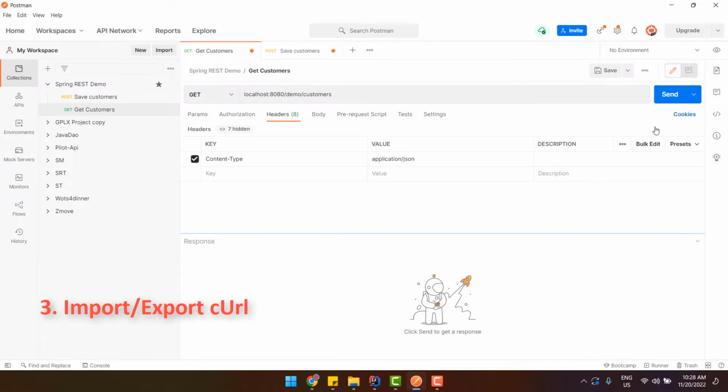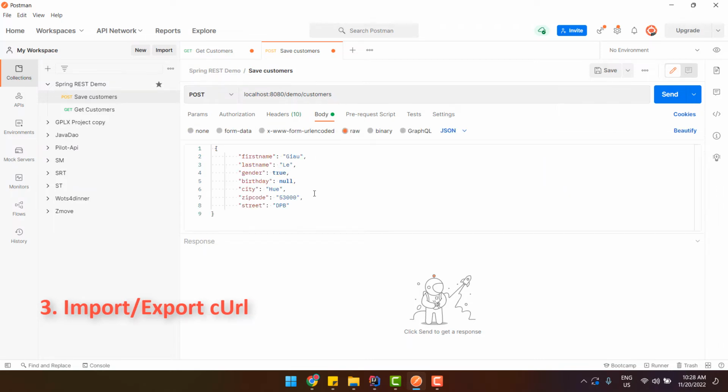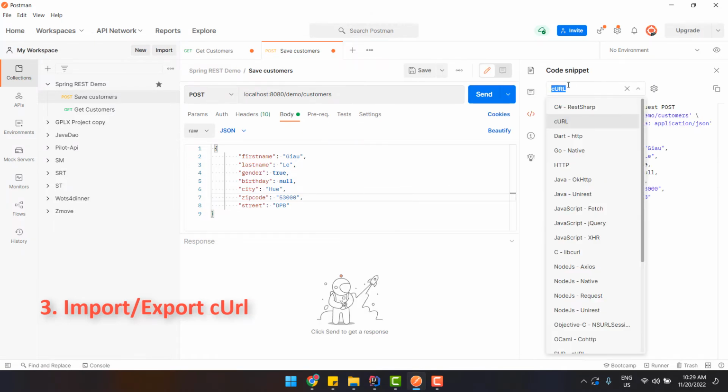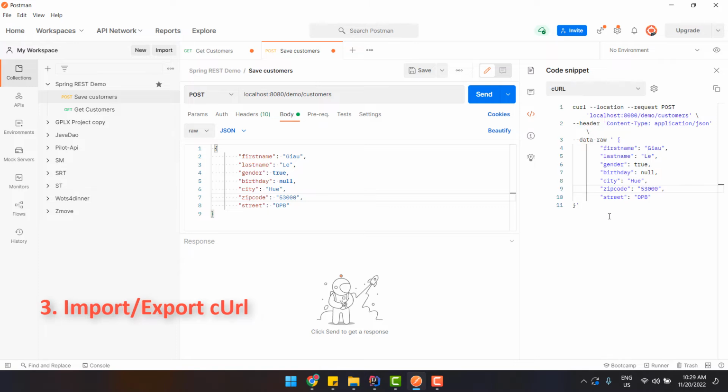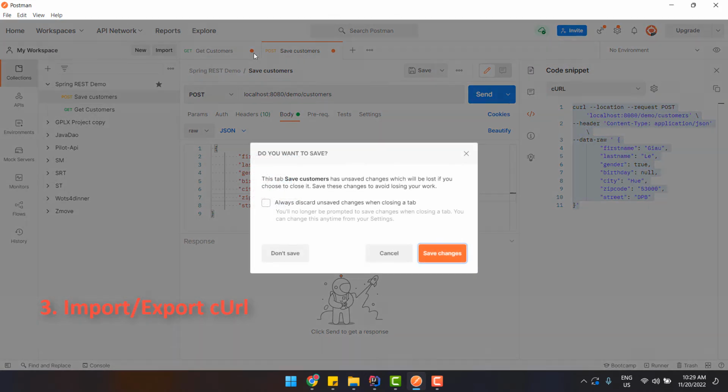And now the third tip is to use cURL. For anyone who doesn't know cURL, you can see that I have the endpoint API here with the request, but I want to send my request with the URL. If we just send the URL, people don't understand what request is sent to the server. So in this case, we can use the